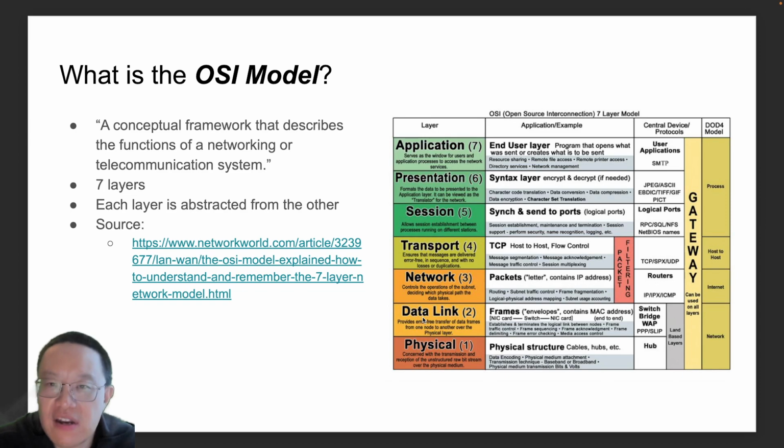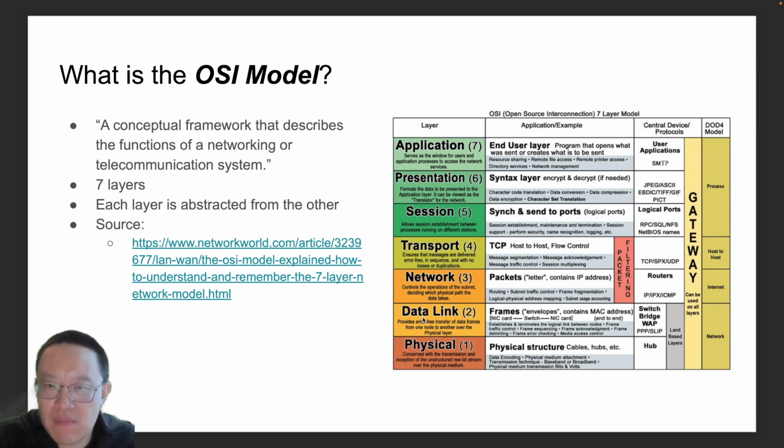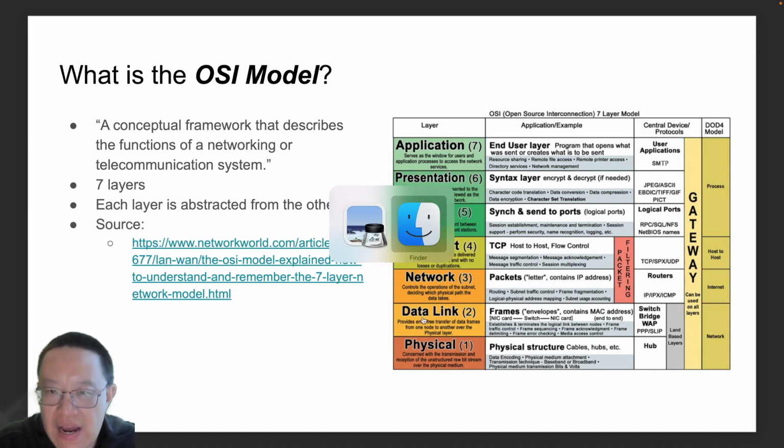Now, whenever you're doing anything on the internet, let's say for example, C Pinky 12 wrote a message. What actually happens is, when C Pinky 12 writes a message, that message goes down the stack from layer 7 to layer 1 on that person's end, on C Pinky 12's end, and then all the way up the chain